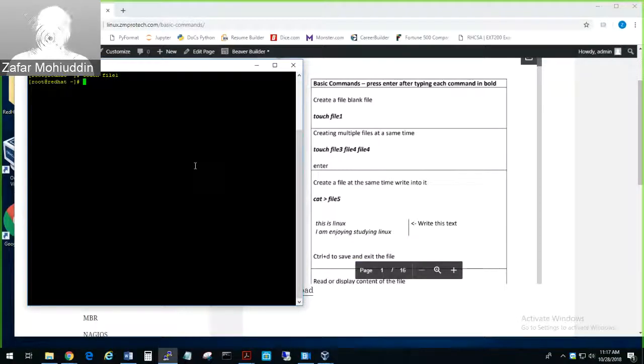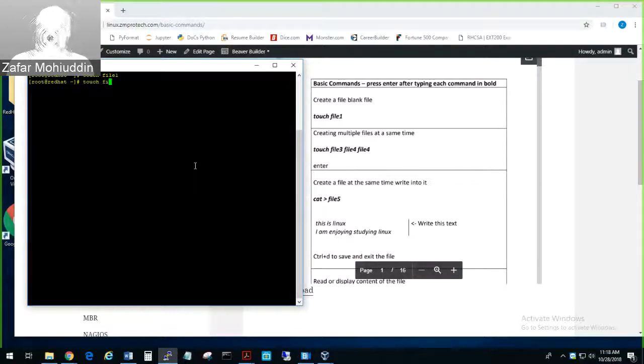So when it goes back to the second line, if it gives you the output, like if it displays, if you're supposed to get display, it will show you display. But if you're not supposed to get display, if you didn't get any error, that means that command went through successfully, or it executed successfully. Okay, that's that. So with that touch command, we created a blank file named file1, using a touch command,